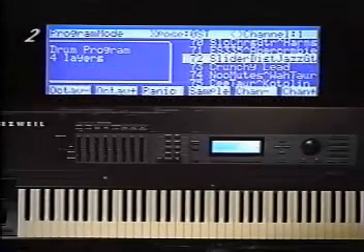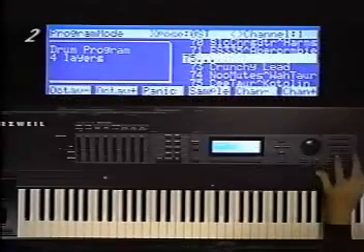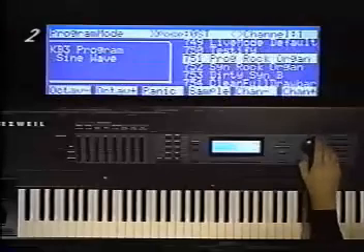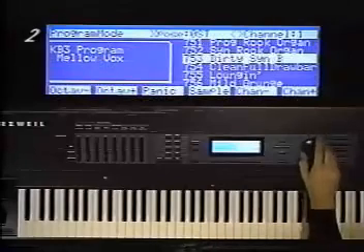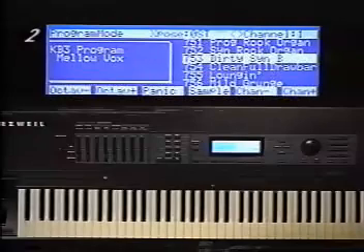These are called KB3 programs, and they are special programs which emulate the way a real B3 organ works. You will find these programs between programs number 750 and 769. When you call up these programs, the sliders and the mod wheel function differently than they do for regular programs. The 8 sliders function like the first 8 drawbars on a B3, and the mod wheel functions as the 9th